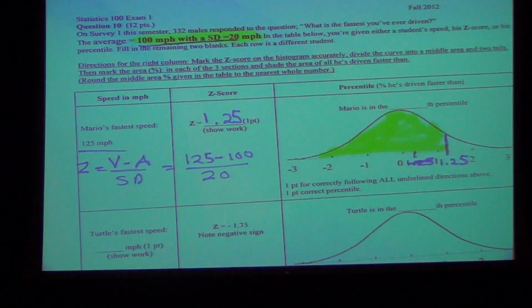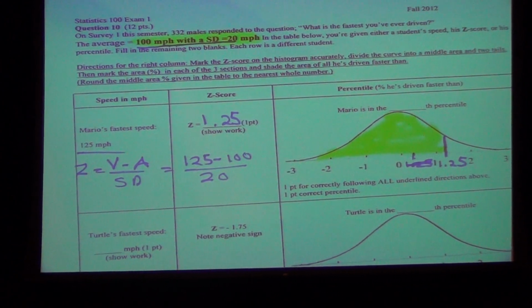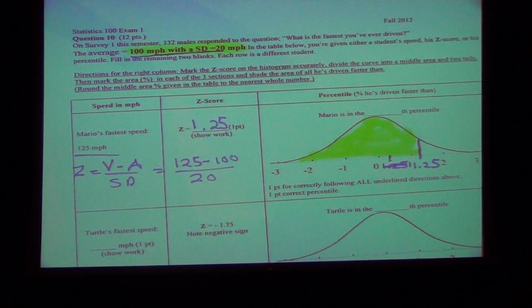That area goes right in there. Now, how are we going to figure that out? No, it's more than 50%. But you have to figure out exactly. The very last page